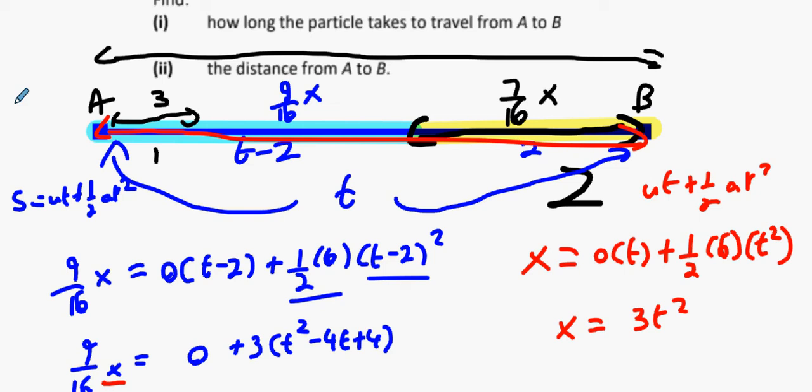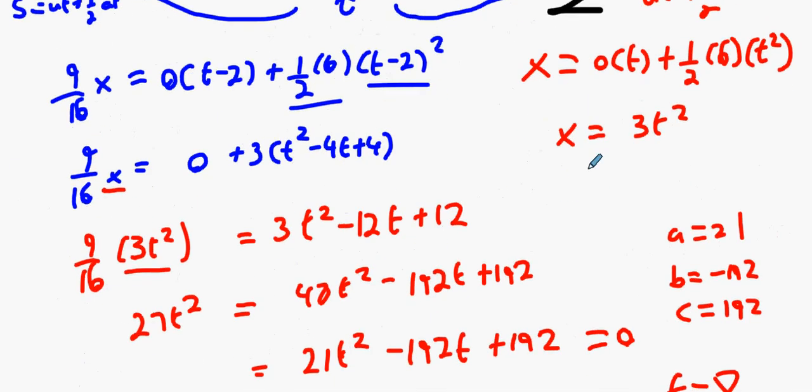Next part. The distance from A to B. No bother. It's 3 times t squared. So it's going to be